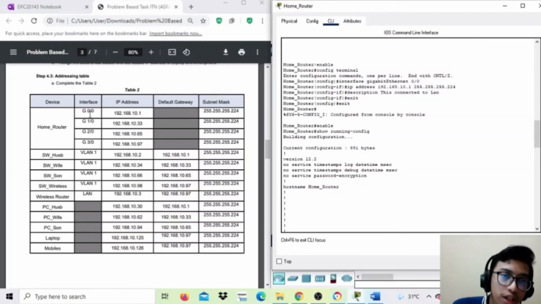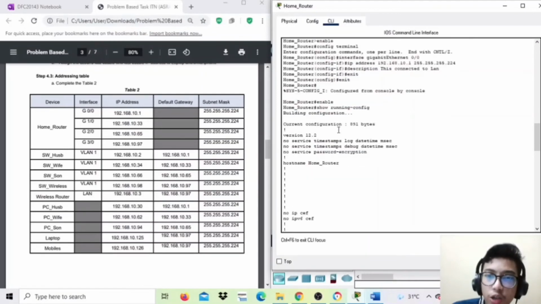You can see in the interface G0/0, and you can put the IP address and subnet mask. This is the description that I put. The description is connected to the line. After that, you can put exit to exit,